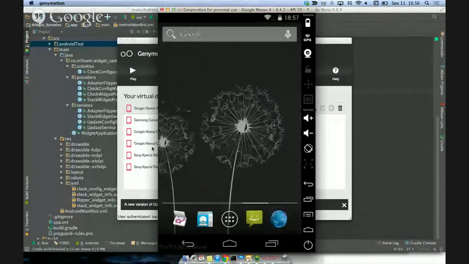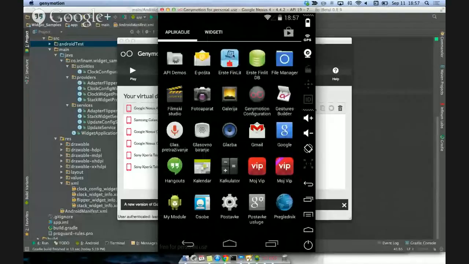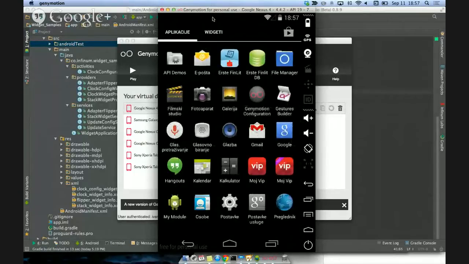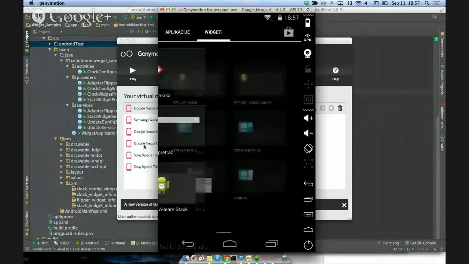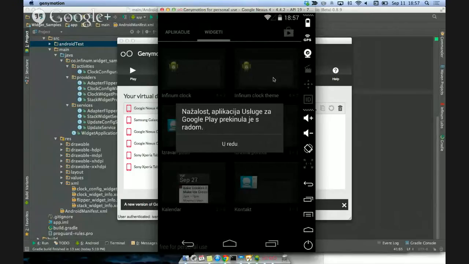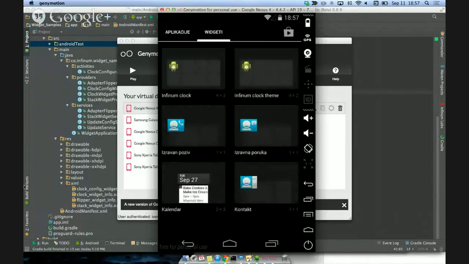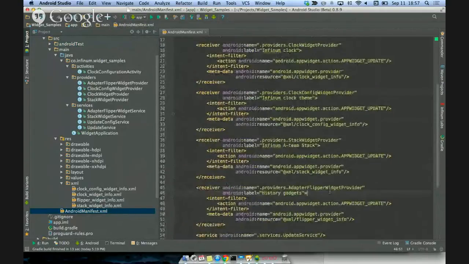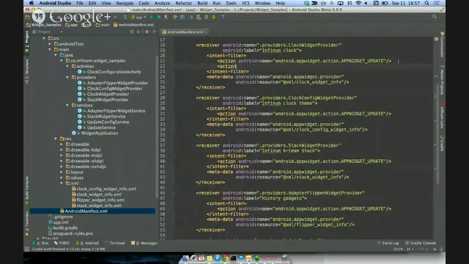Okay, now it should work. Could you explain why that happened? Because I didn't register the action boot completed in my Android manifest. If I want my widget to be updated when a phone restarts, I need to add an action here,